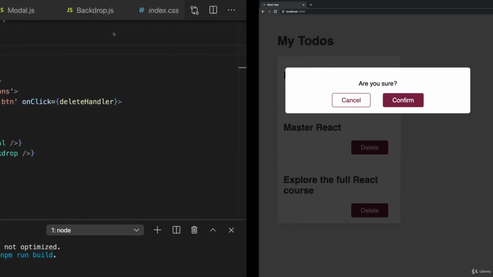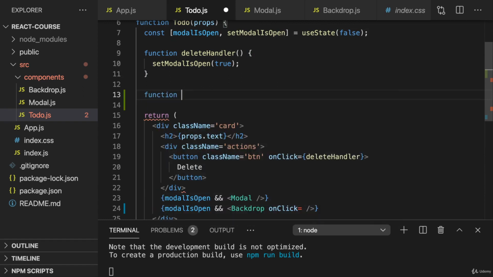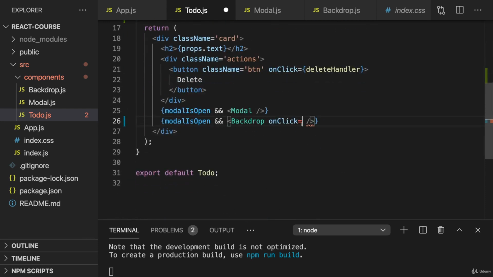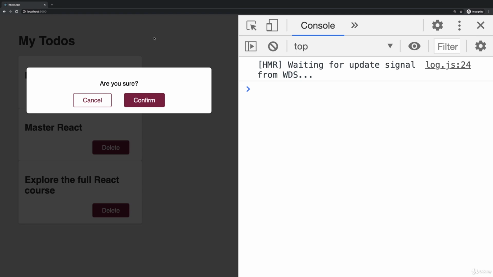Now for the backdrop click, you could think that on backdrop you simply add onClick again, and then we add a second function here, the close modal handler, let's say. And there we call setModalIsOpen and set this to false. And then we point at this close modal handler here as a value for onClick, just as we did it with the button in the end. But that won't work. If we save that and I reload, I can click the backdrop the entire day, the